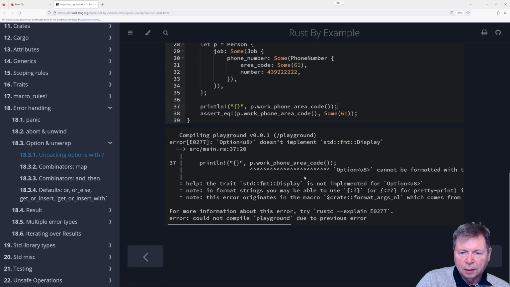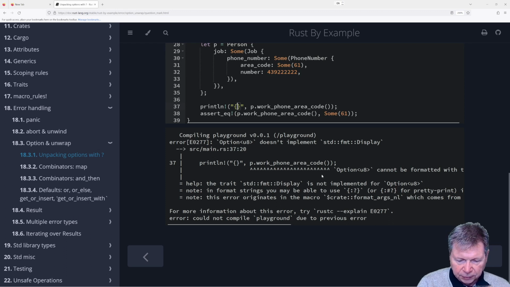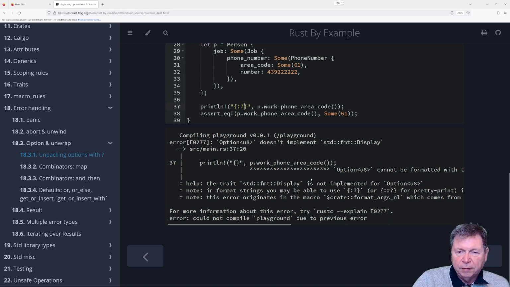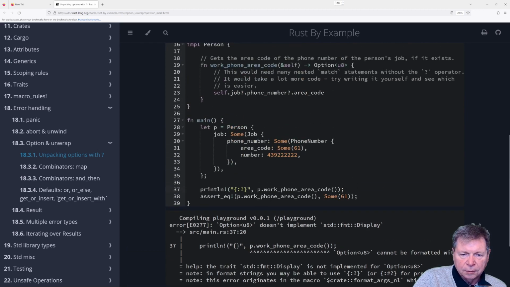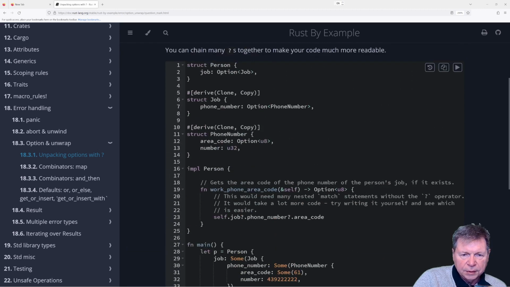Ooh. Cannot be formatted with... okay, fine. Really? You don't even have a built-in formatter for a U8? Oh, it's an Option U8. Where does it say Option?